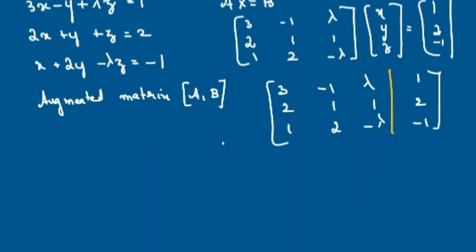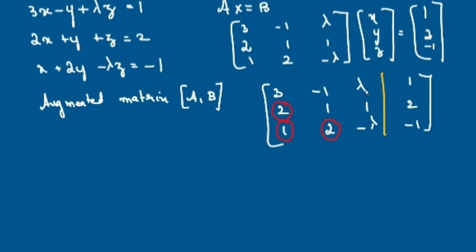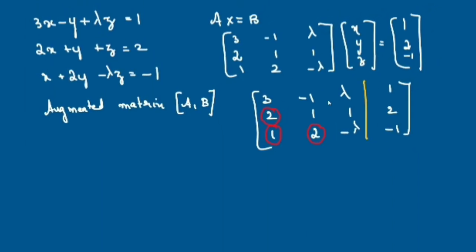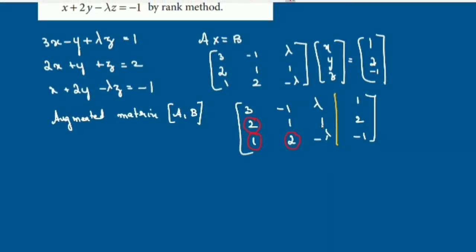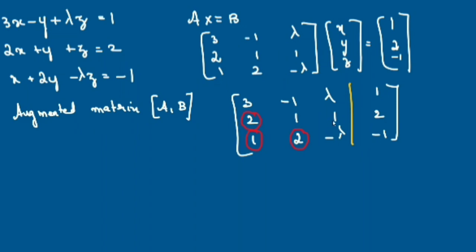So now we have to bring this into the echelon form. So you know what an echelon form is. In the first row, the first non-zero element is 3. Below 3 you have to make all zeros. In the second row, this element is the non-zero element. You have to make this 0. For lambda here, it is better if you change the first row. Because if you don't change it, the lambda will be there everywhere and it will be very difficult to find the value of lambda.